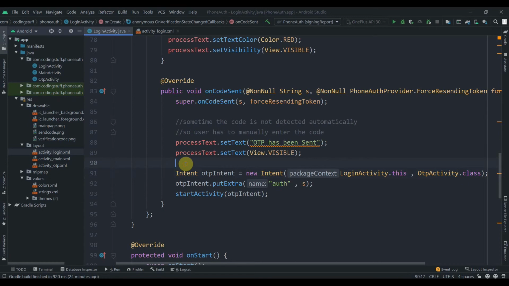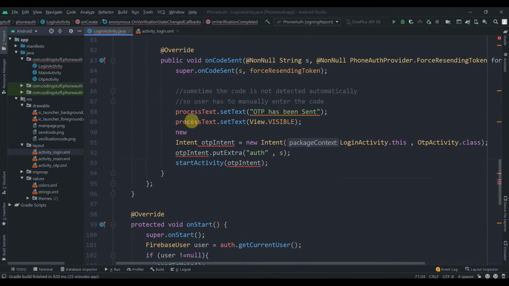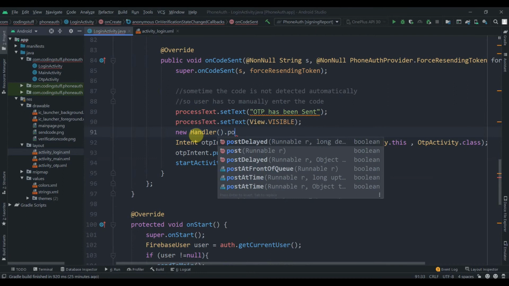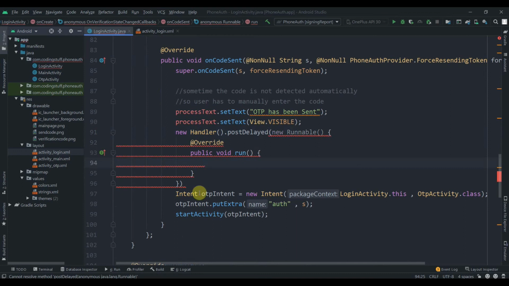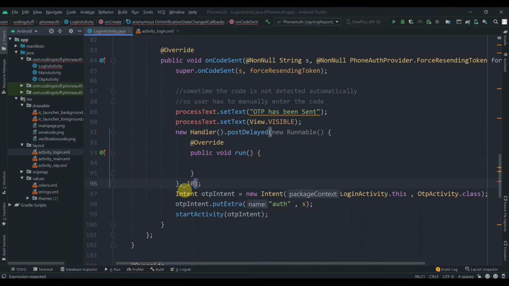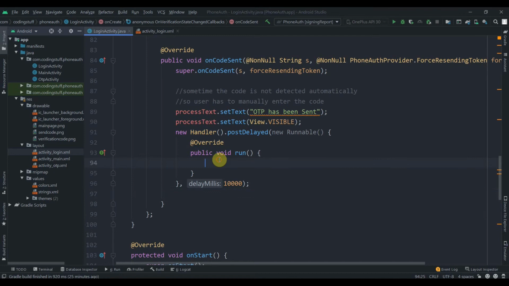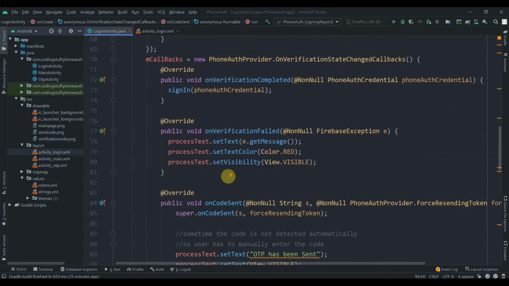So we can add a delay to this, so it will give a chance to onVerificationCompleted. Over here just write new Handler().postDelayed, and inside this we'll write new Runnable, and we'll write here a semicolon, and we can pass the duration. The duration will be 10 seconds, so 10,000 milliseconds. This much duration is enough to auto detect the code. Now we can copy these three lines and paste them over here. Okay, so that's it for the